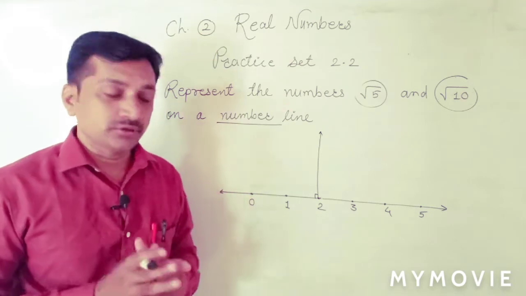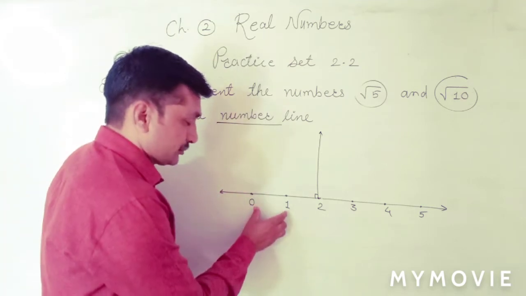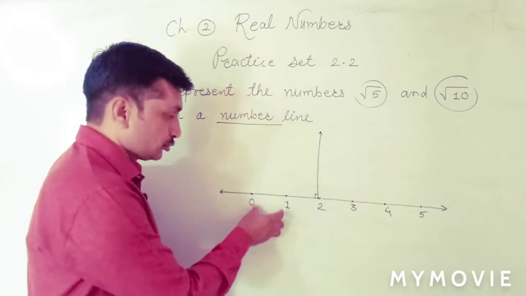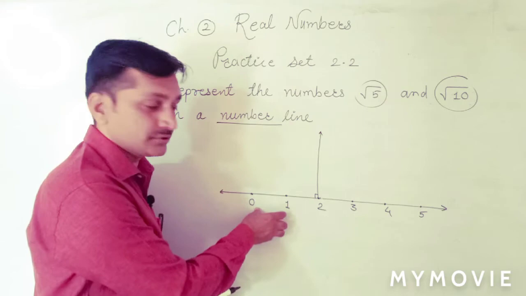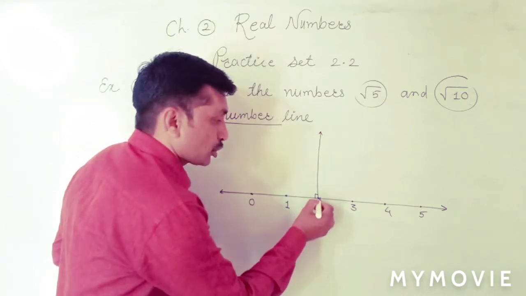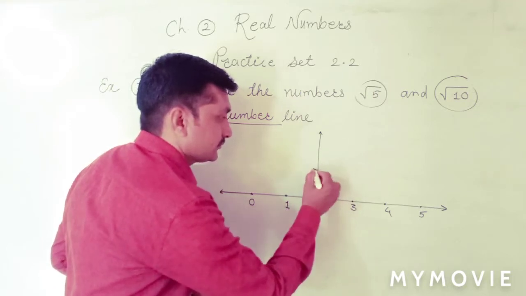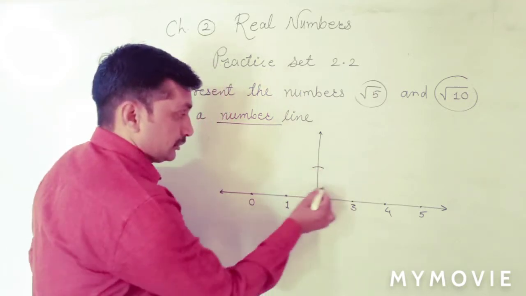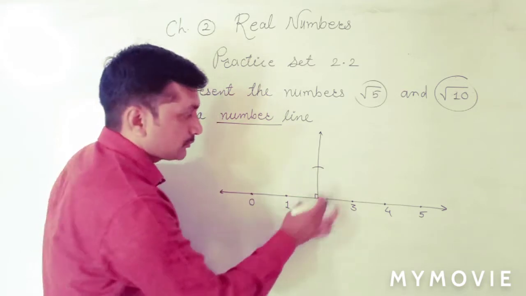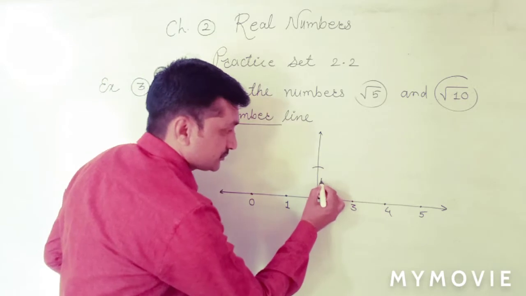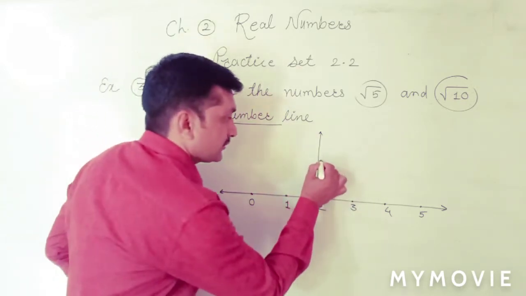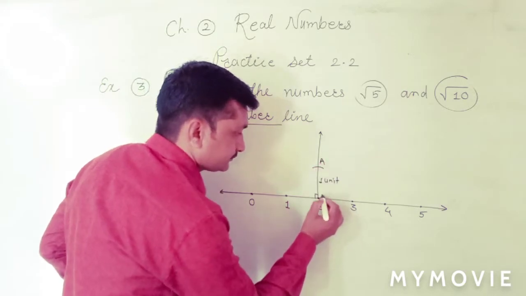Okay, now take the compass, and take the distance, whatever distance we have taken as 1 unit, and from this point draw an arc from here. The unit is the same. From here to here these are 2 units, but from here to here this is 1 unit. Here I give the name AB.